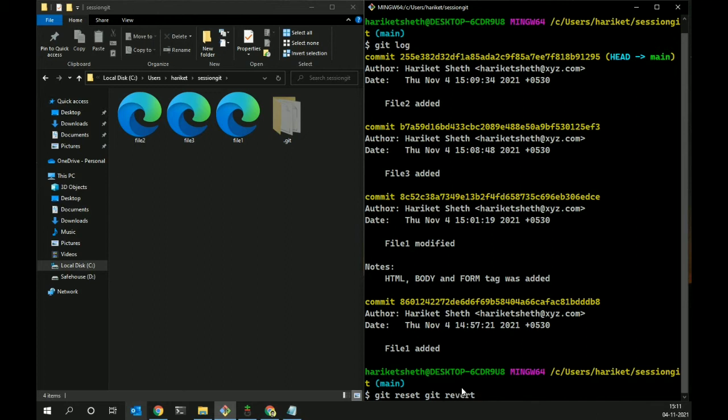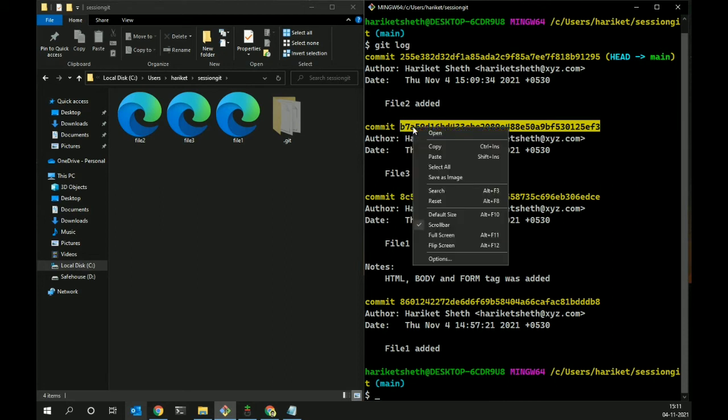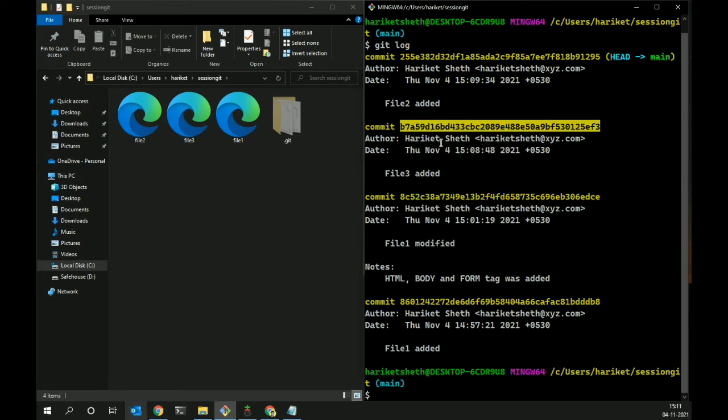Both these commands are kind of doing the same function, but obviously there's a difference. There's a huge difference which you should understand, and I would like you to understand it with a demonstration. Many beginners have confusion about the exact function of git reset and revert, but there's a huge difference which you should know. Let me clear it first, or let us select one thing. Let me select this commit hash id. I have copied this hash id.